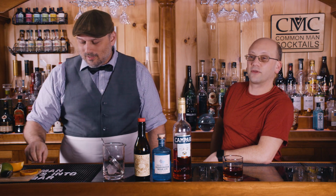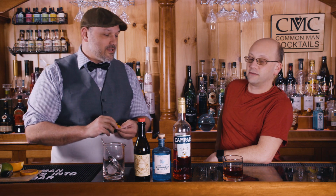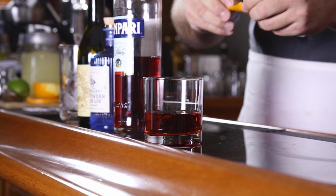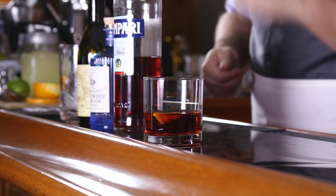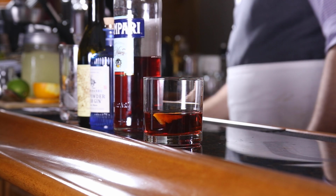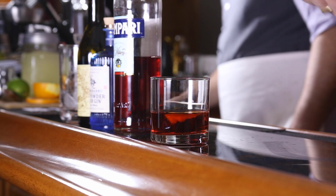Straight in a glass with a large cube. Okay, I drink it neat. Really? Well, you can drink it however you want. If you drink it neat, then that's you. I'll put some ice in there for you, though. We don't have a large cube, so... So I have two shots. I got this one, and then...